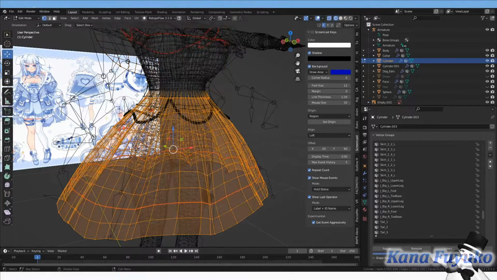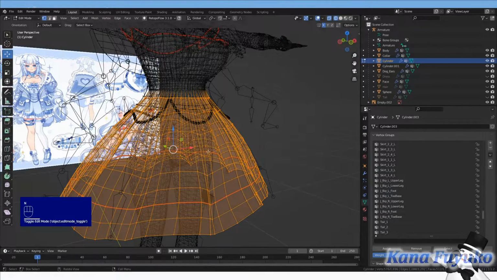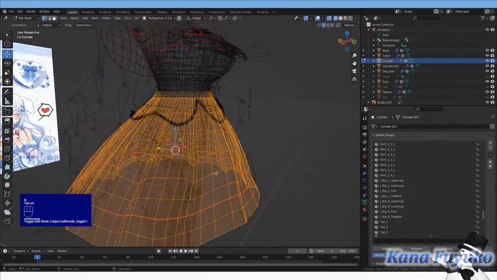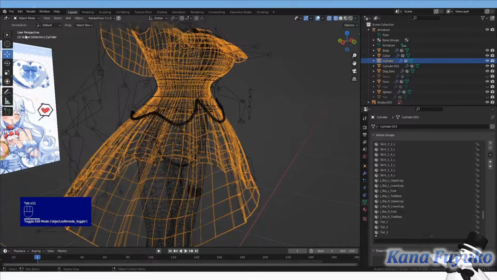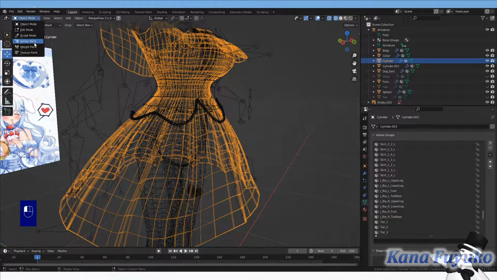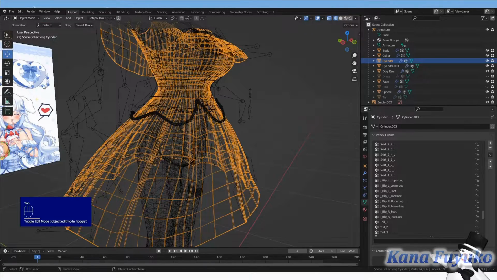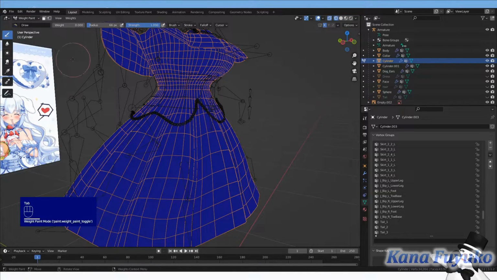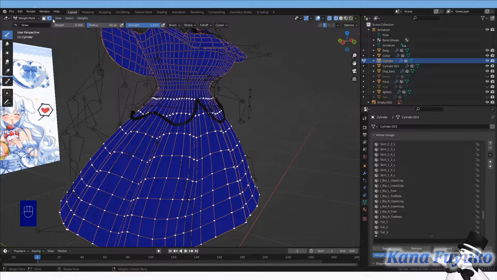So, edit mode. The way I get into edit mode, by the way, and I'll bring the keys back, is that I toggle Tab because it makes it easier, unless you prefer going to the top left and switching to edit mode all the time, that's your preference. But we're going to go into weight paint mode, and click the vertex button up here. It looks like a cube outline with a dot to indicate vertices.